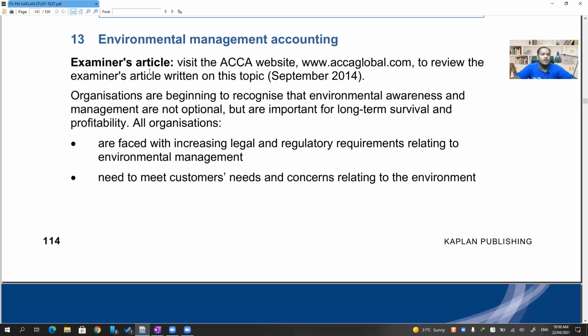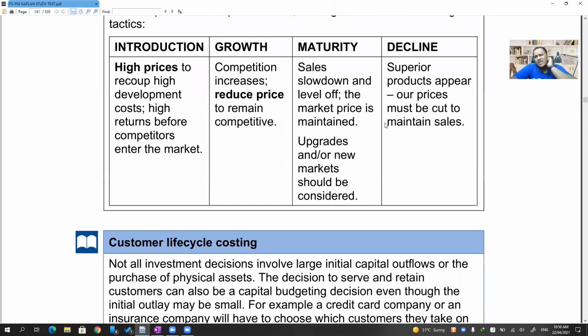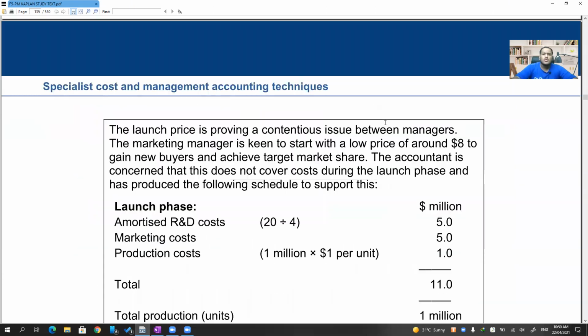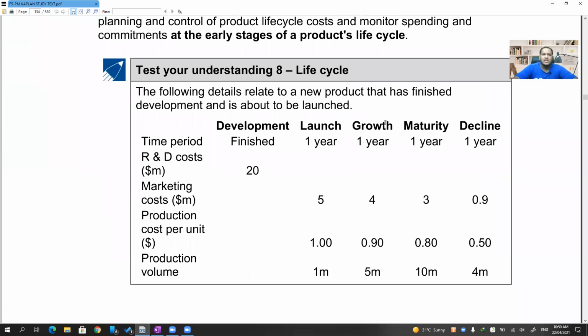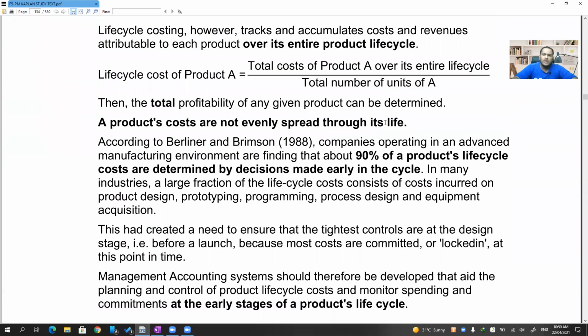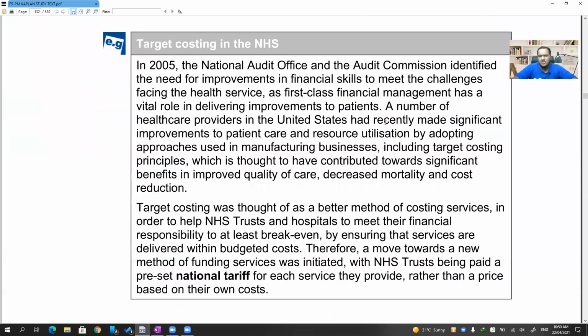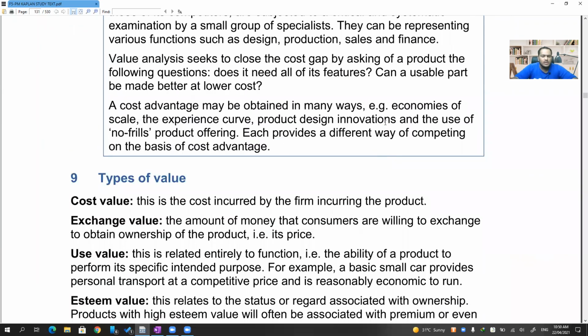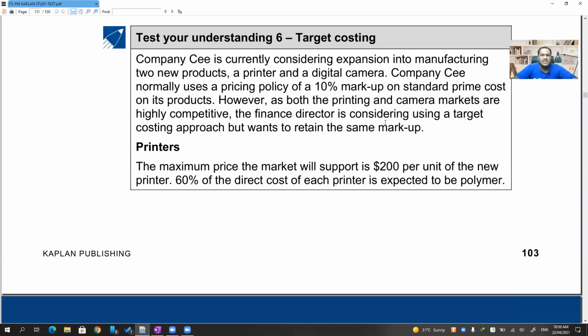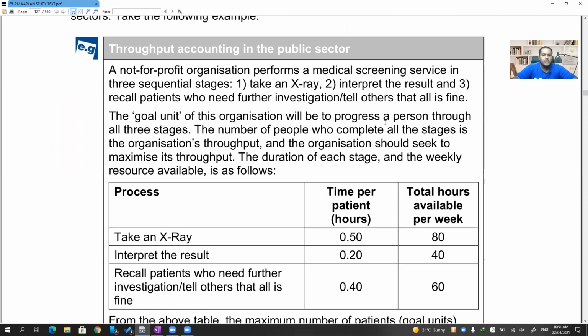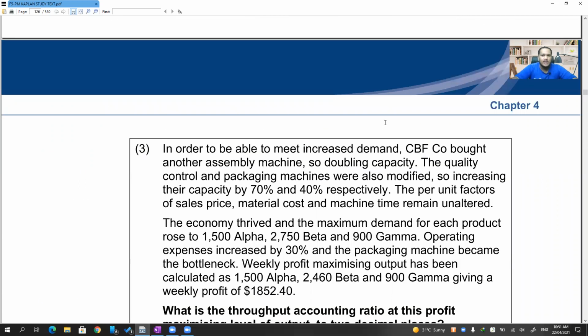Okay, that brings us to the end of life cycle costing. See, very rarely questions come out of life cycle costing. Hardly, I guess they may ask you a question in the MCQ section, not in Section C. Theoretical questions, I don't think they'll test much in life cycle costing. I don't think they'll be testing in the Section C part of it. But who knows? We can never be fully sure about that. Anything can happen with FCCA.